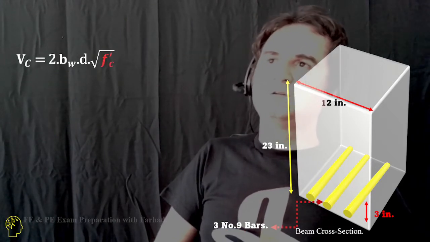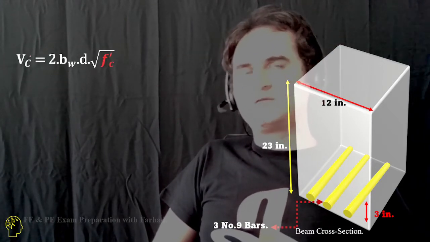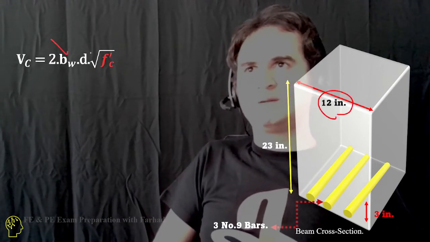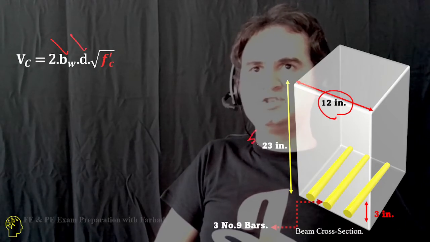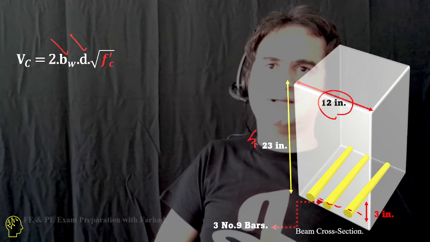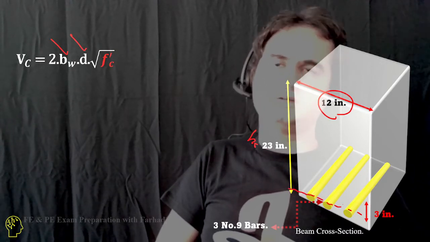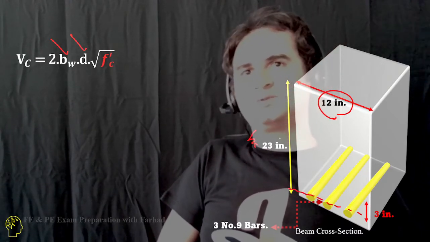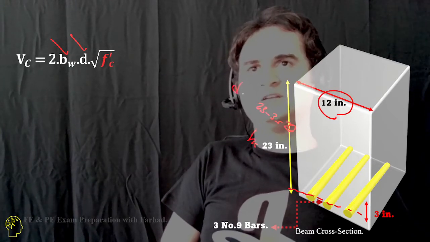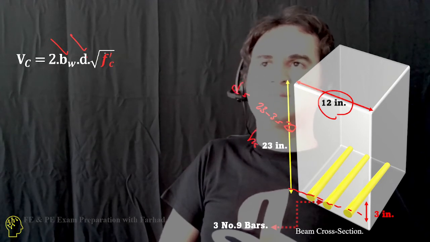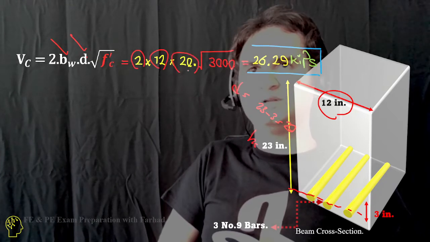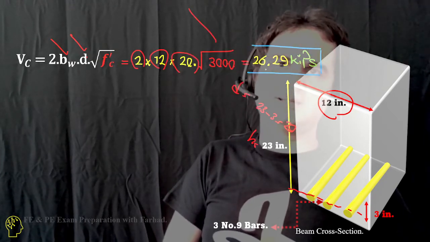Based off of the ACI code, the shear of concrete is 2 times b times d times the square root of f prime c. Here, h is 23, and you subtract the distance of the centroid from the bottom, which is 3 inches, so 23 minus 3 is 20. That's the effective depth d. If you replace that, it's 2 times 12 times 20 times the square root of 3000,